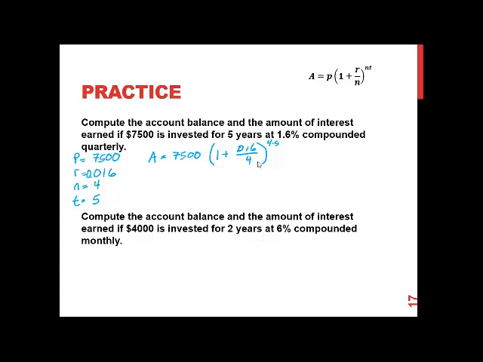And then say raised to, and on most calculators the raised to button will be like x to the y or y to the x, or on the TIs you typically have this caret, which means raised to the 4 times 5 is 20. That number you have will be a 1 and a bunch of decimals. Then we'll multiply that number by the 7,500, and we get A is about